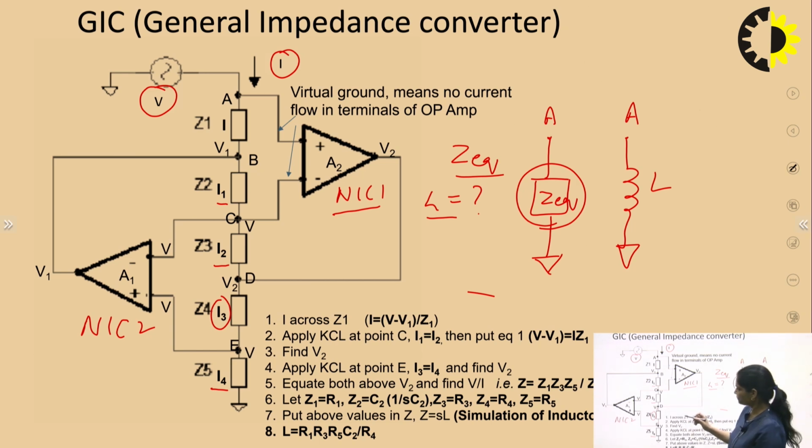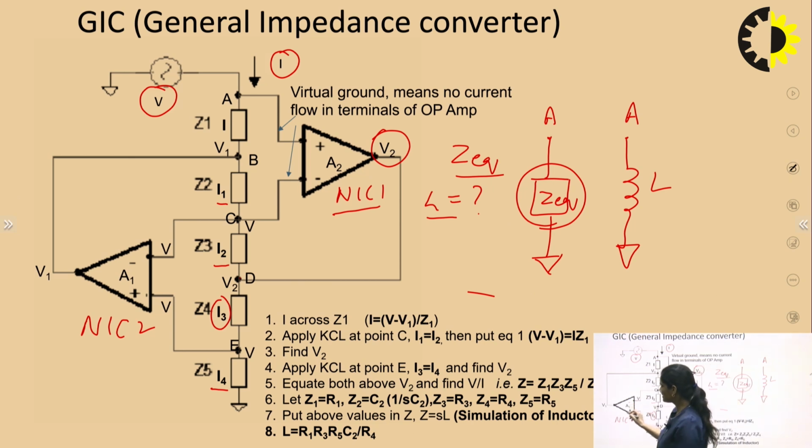Now, let us assume the output of this operational amplifier is V2. So V2 is at this point D, and this is the operational amplifier, let us consider it IC1, with inputs 1 and 2. Its output voltage is V1, and the V1 voltage is connected to this point. At point A we have the input voltage V, and at point B, V1. Now here at point C.